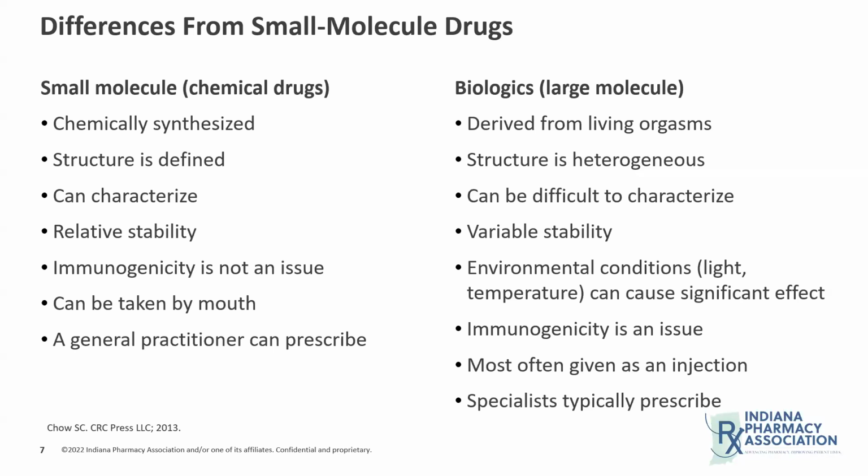A big reason why most biologics can't be taken by mouth is that in your stomach you have enzymes known as proteases. So as soon as you would ingest a biologic, or a large molecule, which is mostly just protein and amino acids, the proteases in your stomach would break apart the amino chain so that you wouldn't actually be able to get a clinical effect from that, because your stomach enzymes would just break it up. So that's why most biologics cannot be given orally, and we see a lot of them given as an injection